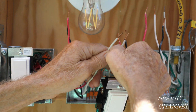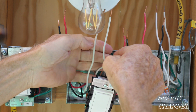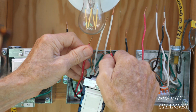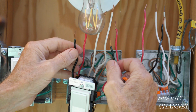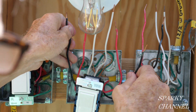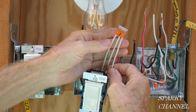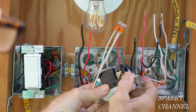Now I'm going to get the neutrals together. You see, basically, we're going to be getting the neutrals together with a pigtail that goes to the device. We're going to be getting the traveler wires together with a pigtail that goes to the device. We're going to be getting the line wires together with a pigtail that goes to the device. So I'll put the 2 neutral wires, and then I'll put the 3rd pigtail right in there. And now we're going on this side over here